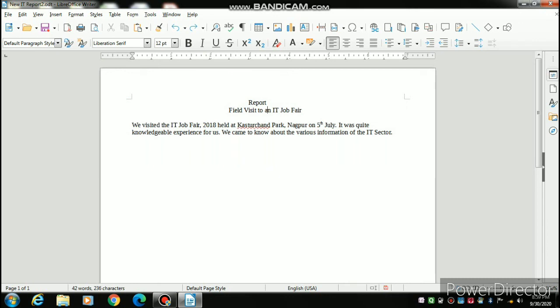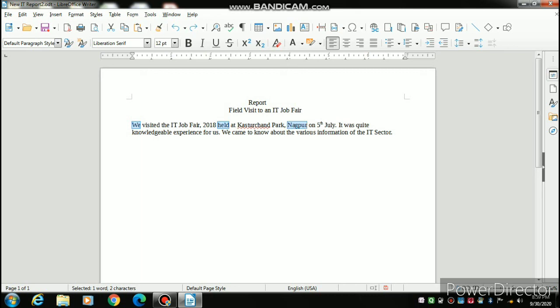Now let's see how to select non-consecutive text, meaning the text which is not found continuously in a report. First you select any word, then hold the control key and click on another word.